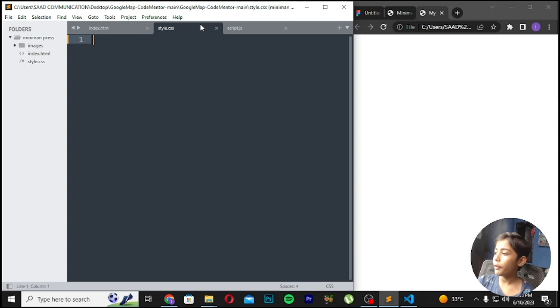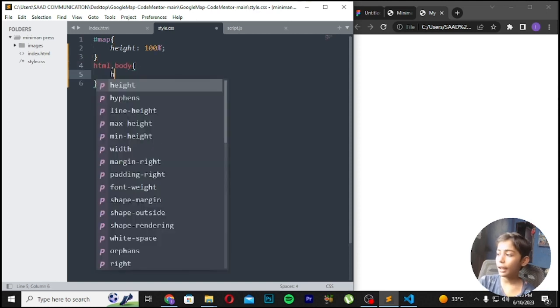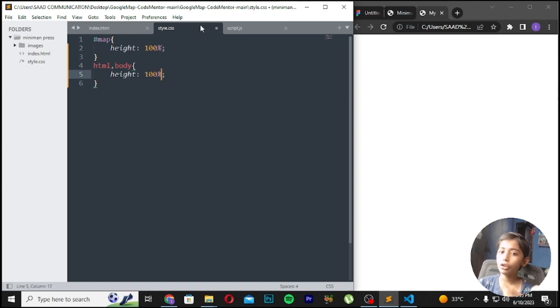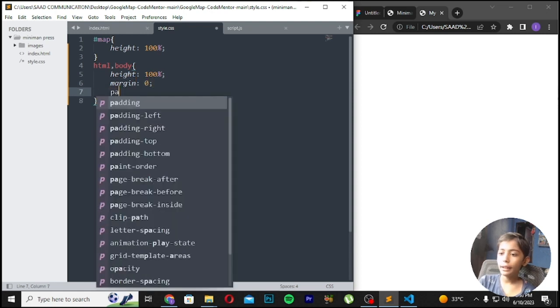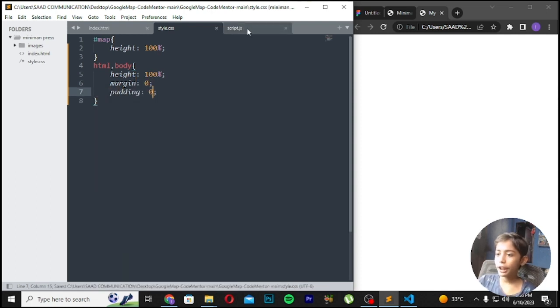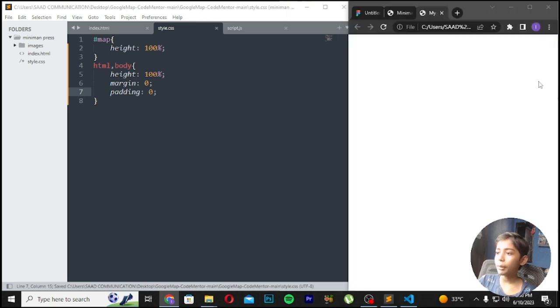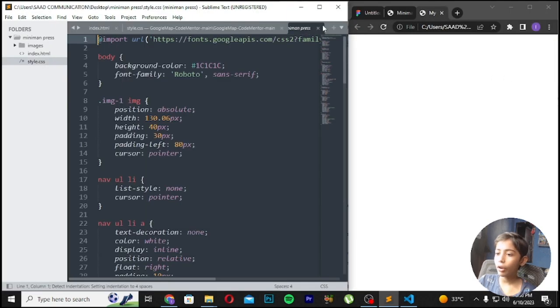Now we will go to my CSS file and here we will write hashtag map, height should be 100%, and html, body height should be 100%. It is your own choice what you give. Here we will write margin should be 0, padding should be 0. Save and refresh, and nothing is coming because